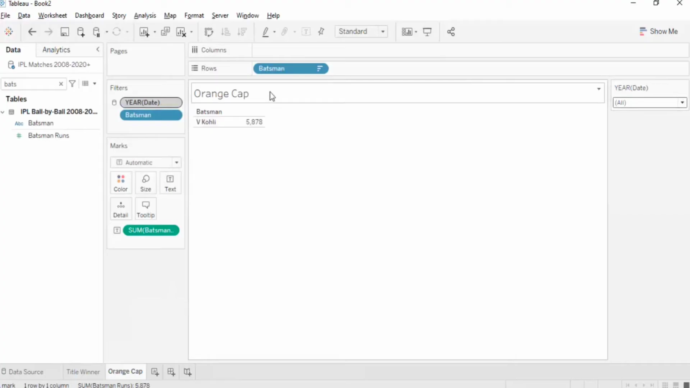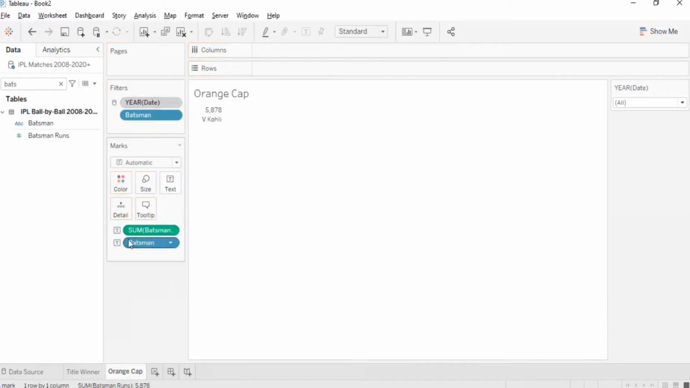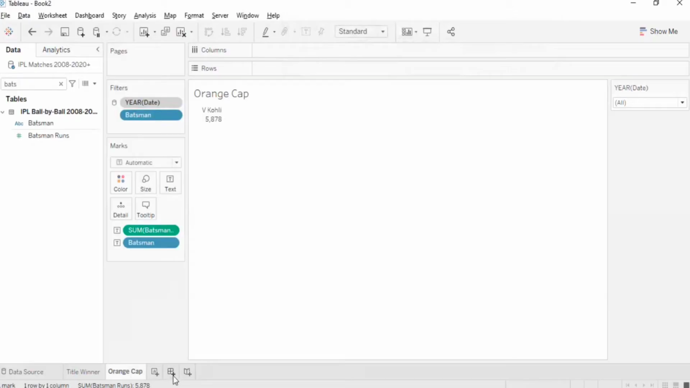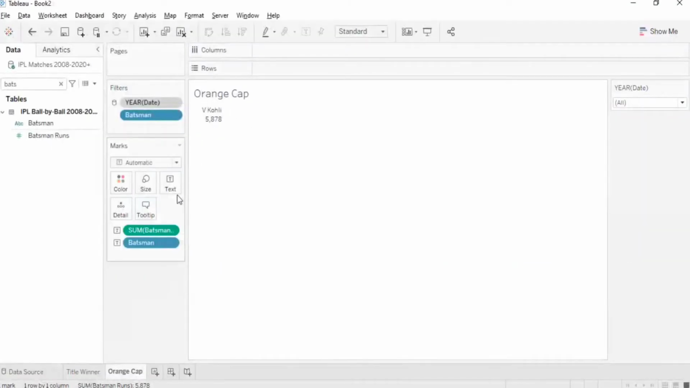Now we will make some changes. We will put this batsman into text. Now both are in text, so we will modify our text. We need the batsman above, so we will just Control X and put our batsman above and press enter, apply, OK. Now what we want is Virat Kohli in black and this in dark blue. So again we go here